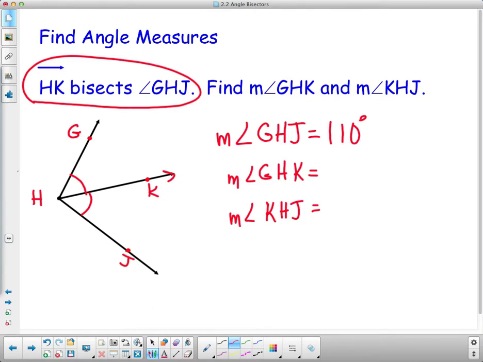I'm saying imagine that this is a picture, and you put your protractor down. I didn't tell you that ahead of time. This is 110 total. These two are supposed to be the same. Two identical numbers together add up to